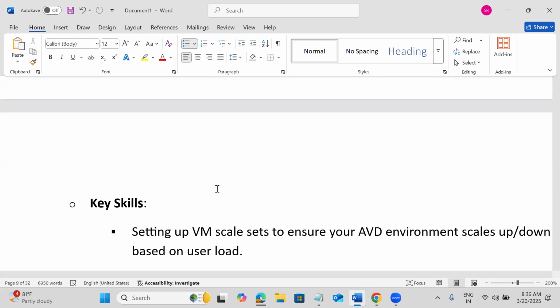Sometimes I have more users, sometimes I have fewer users. If I always maintain more VMs, the expenses are very high. Depending upon the load, we scale up or scale down our VMs.